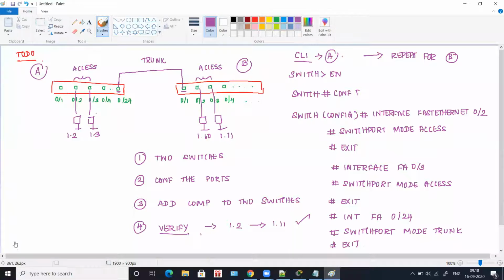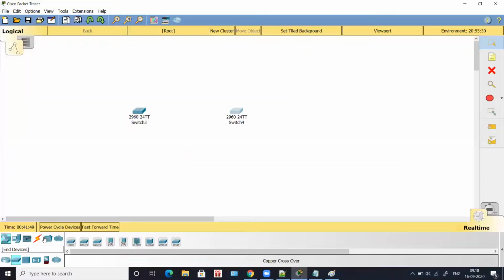So we'll take 2 computers for switch A and 2 computers for switch B. Okay, and what we will do is connect. To connect the computers with the switch, from PC, I'll choose fast Ethernet and I'll go to switch. So I'll choose 2.